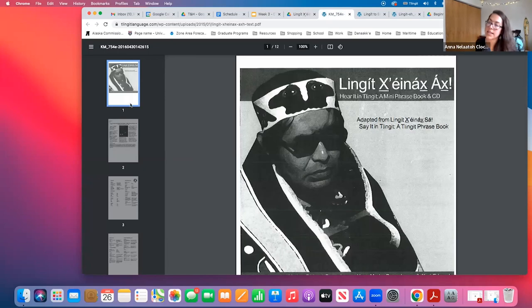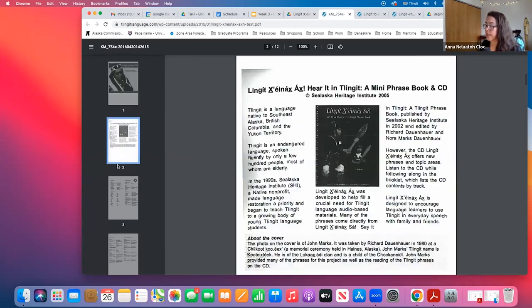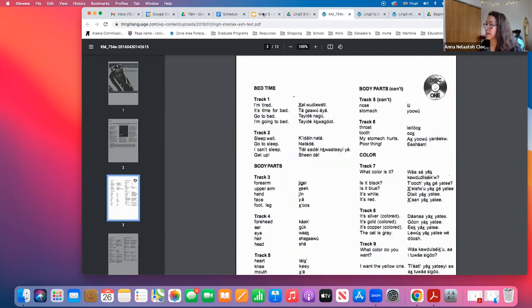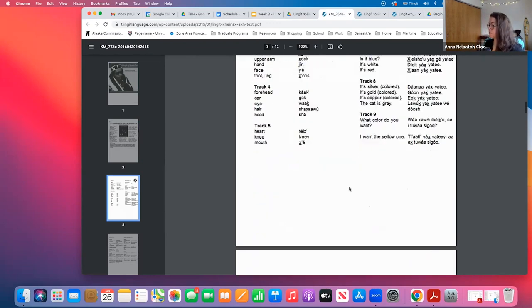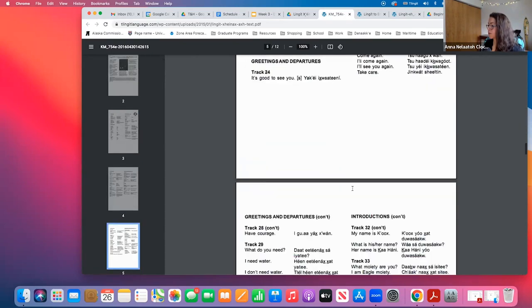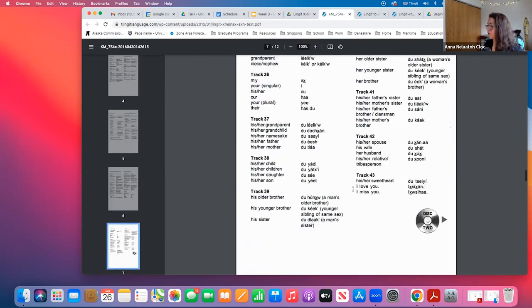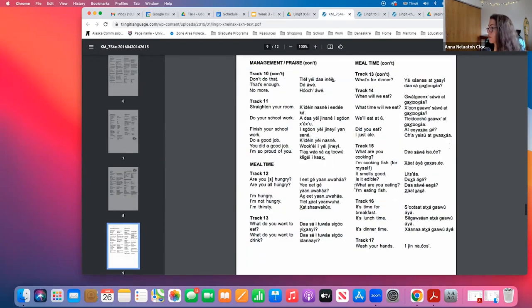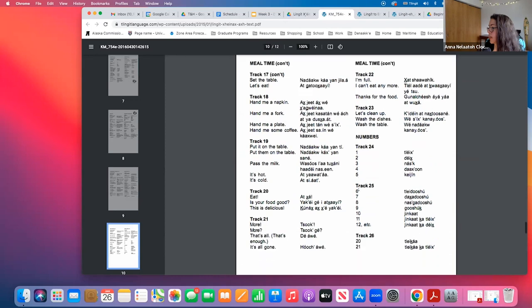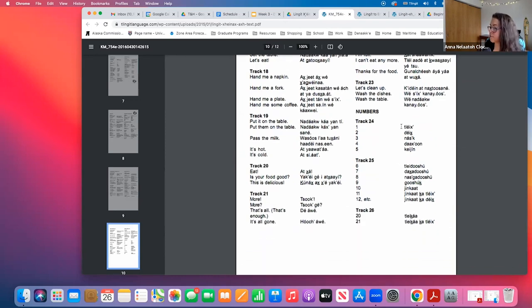Jumping right into them, you can find the text for Lingit Class. You can find all the written phrases, and numbers start on disc 2, track 24. So here we are, disc 2, track 24. You can see the numbers written if you don't have them written down yet.